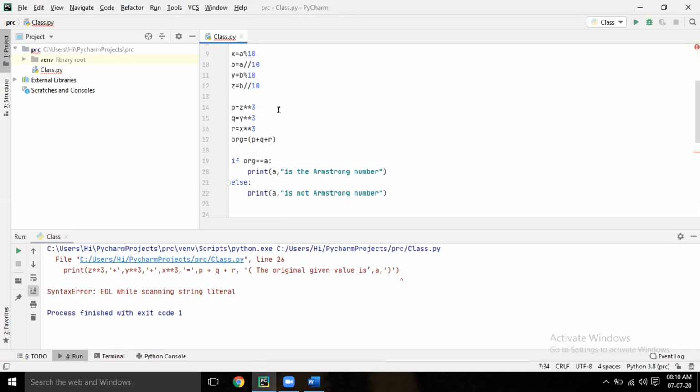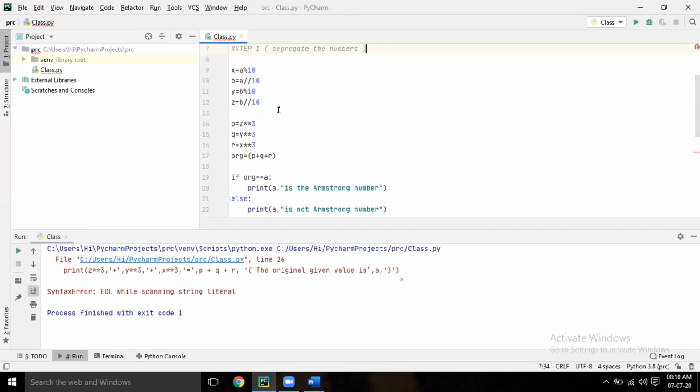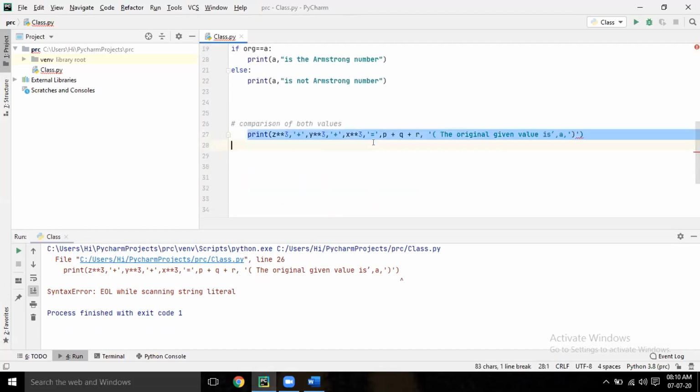Okay. Now we are getting some error, right? Remove that print statement where you are getting the error, and run it.